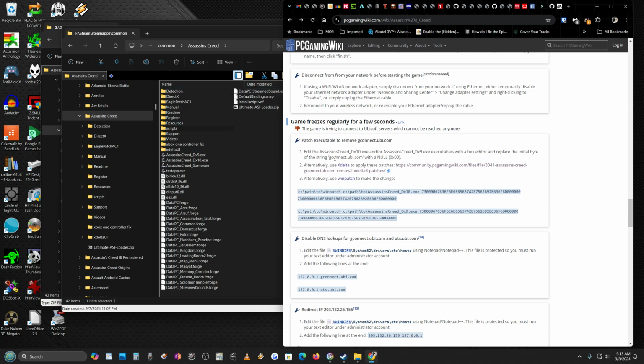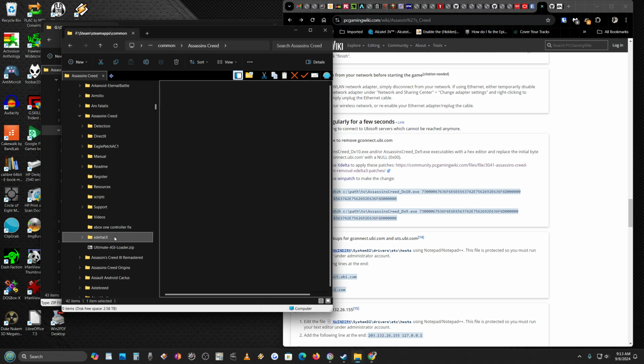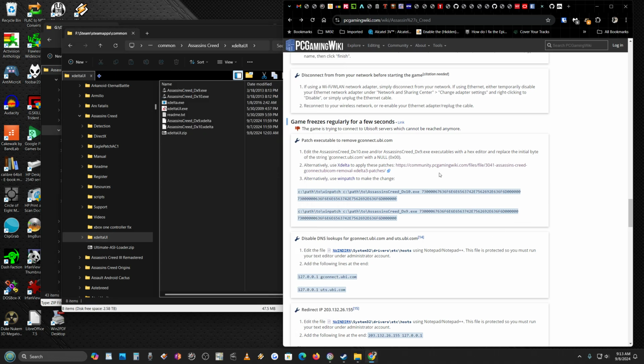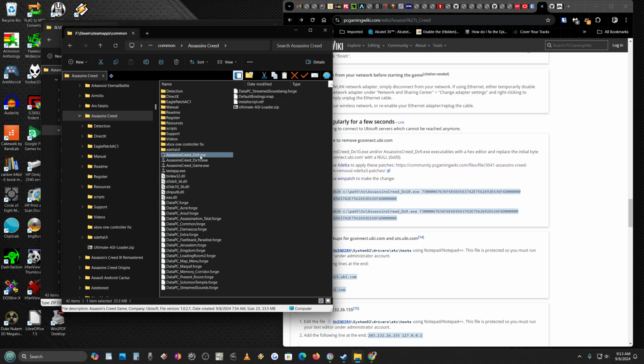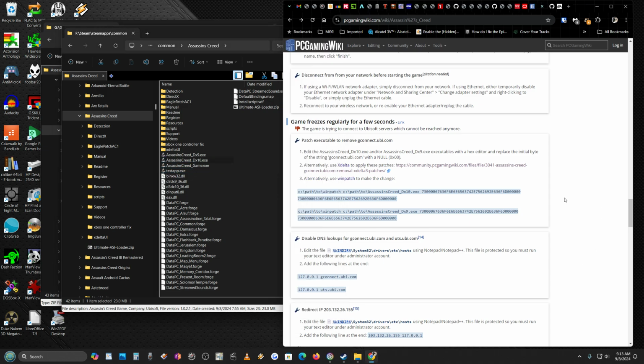So, and this is what confuses people. There is, and I'm not sure some of you know how to use XDelta. So you can use XDelta, and what they do is they tweak some of the hexadecimal information in the executable files, which is here. Here's Assassin's Creed DirectX 9, Assassin's Creed DirectX 10. So you want to tweak this information, and there's several ways to do it, but the easiest way is you